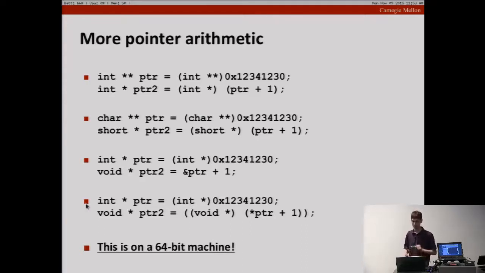Okay, and then how about this last one? This last one is also maybe a bit tricky. So we've got an int pointer, and what do we do to it? We dereference it, add 1, and then cast it to a void pointer. So what does that give us? Yeah, we don't know. What is it doing? Should it give you the same address? Because you're just adding 1 to the value at that address and then casting. But what's the value at this address? I mean, that shouldn't matter, right? Because the return type is a void star. So, okay, well,